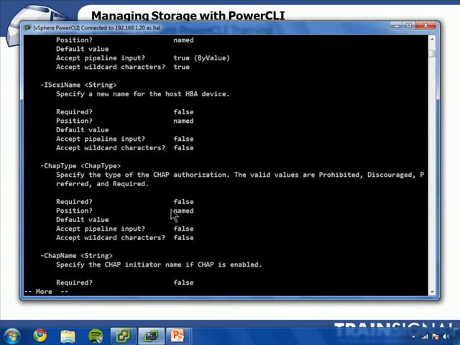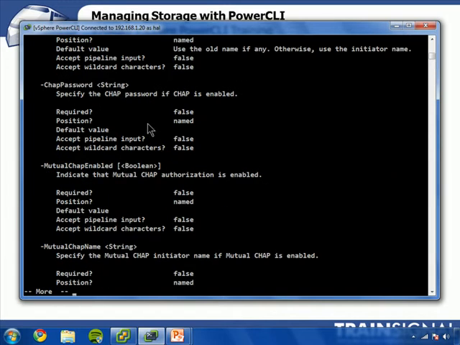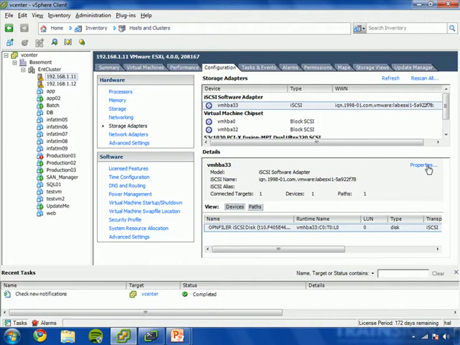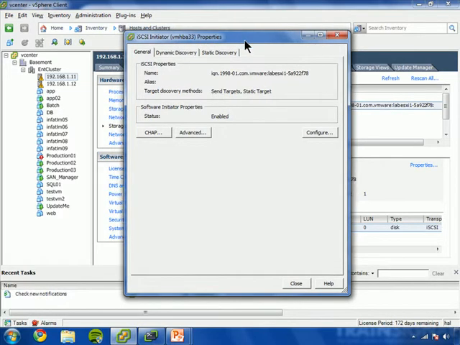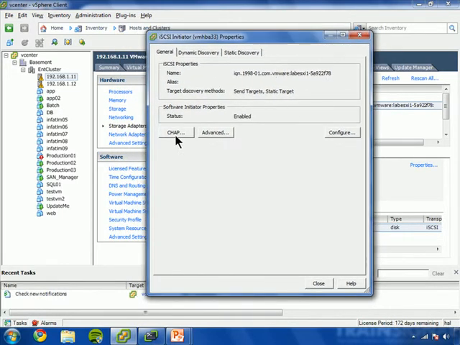So some of the different parameters here, let's see, I talked to you about CHAP type and iSCSI name already. CHAP name and CHAP password, mutual CHAP enabled, mutual CHAP name, all these things. Let me show you where these show up here. We're right here under configuration, storage adapters, and then properties. Okay, so we have the properties of the VM-HBA33 host bus adapter, and you can see here, for example, under